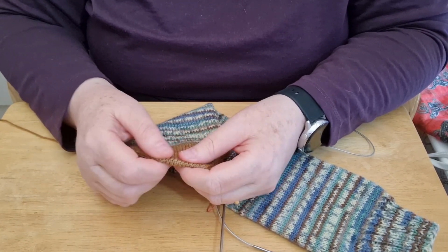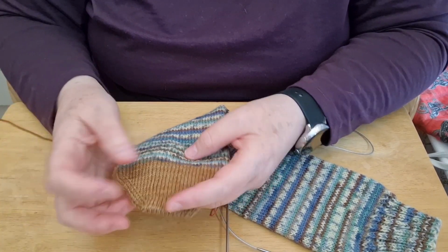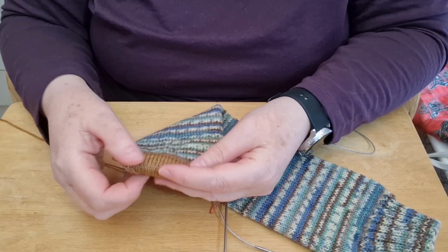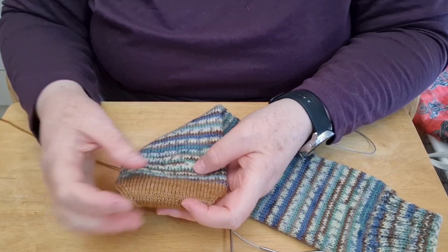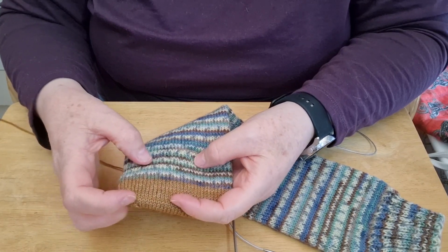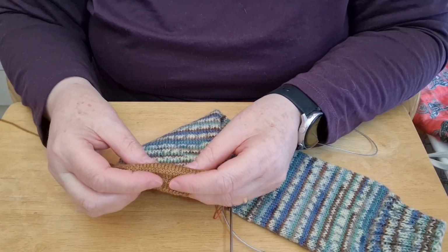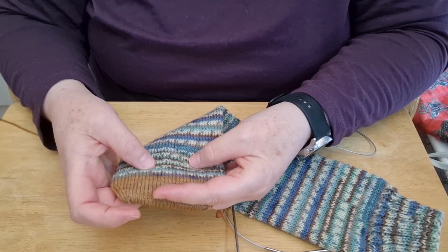14 stitches works for both of us. Some people prefer more, some people less. If you're going to leave more stitches at the end, you may find that you need to increase the number of plain rows because your toe will be shorter. Ideally, you want about 2 inches, 5 centimetres. So bear that in mind. If you're going to leave, say, 20 rather than 14, you might want to add another 3 plain rounds before